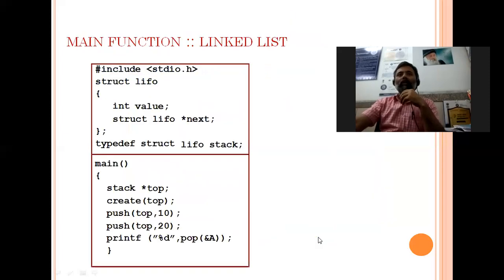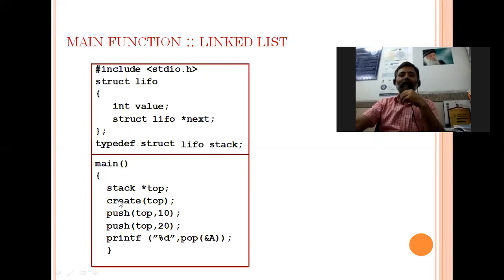So in the main function, this is the declaration part of the stack in linked list implementation. We can take top as a global pointer, or we can use it in the main function.